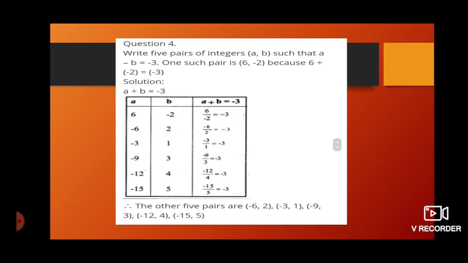Now what they are asking is, briefly I'll explain. If we divide any two integers, the answer we should get is -3. So we can take any integers, children. We'll just check where we will get 3 as a result. First, they have given 6 divided by -2. So 6 divided by 2 is automatically 3, and 6 is positive, 2 is negative, so the result will be -3. The same example we can take with 6 as a negative and 2 as a positive.